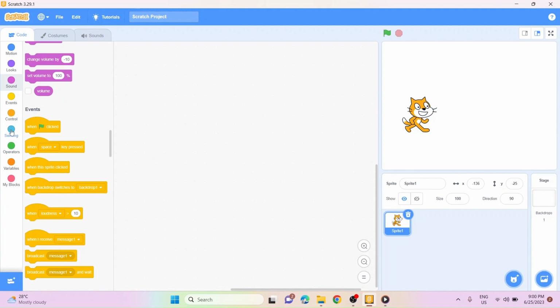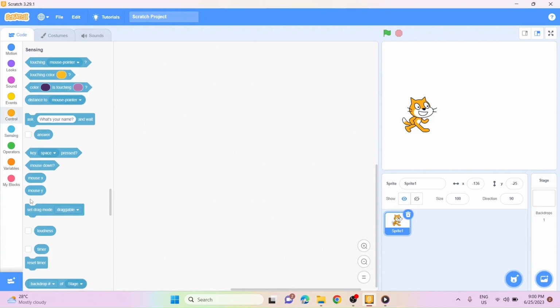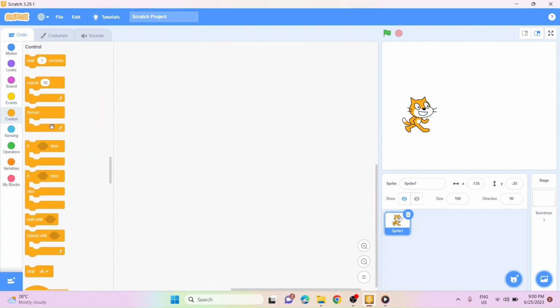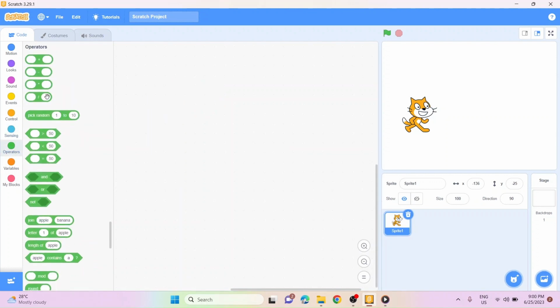Before we show you how to switch the background, the sensing area is basically used to touch and checking if that's possible. So it's like checking if that key is pressed. And if you're using this in section, use the control also with the forever loop and sensing and if then basically can detect any code. So operators basically